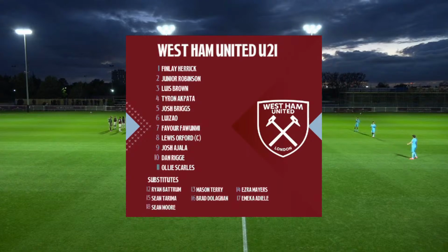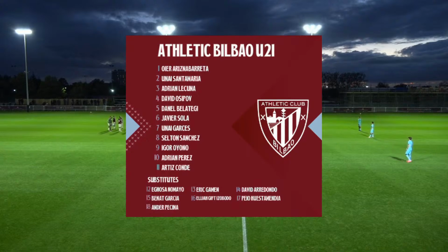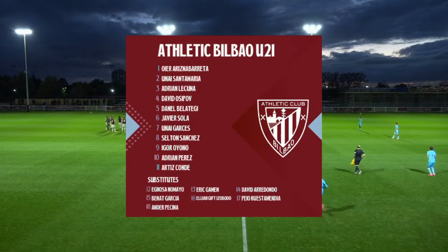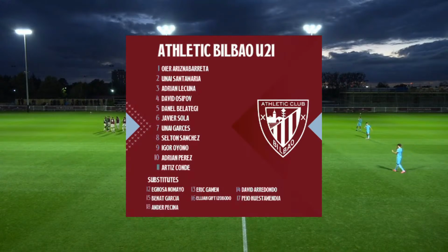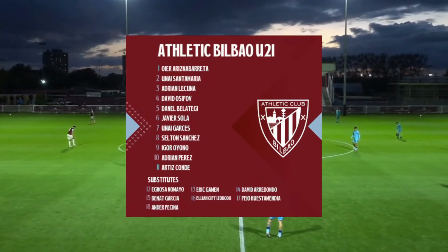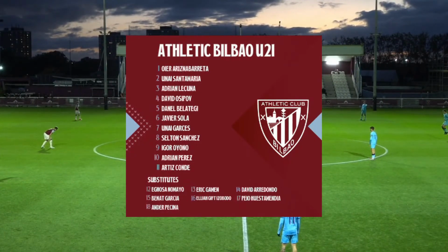As for the opposition, Athletic Club B, in goal, of course, their goalkeeper Oya Arizanabareta, with the right back Unai Santamaria, number 3 Adrian Lacuna, number 4 David Osipov, number 5 Denel Balotelli, number 6 Javier Sola, number 7 Unai Garces, number 8 Selton Sanchez, number 9 Igor Oyono, number 10 Adrian Perez and number 11 Artis Kondoy. The substitutions for the visitors: Egosa Nomeo, Eric Gaiman,